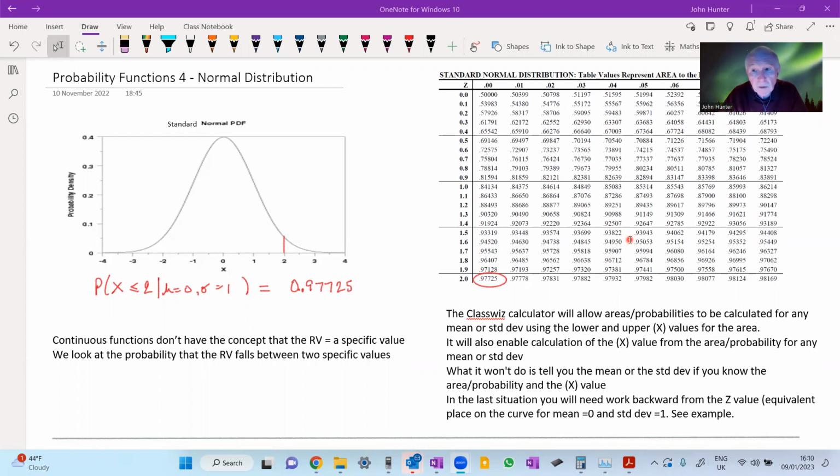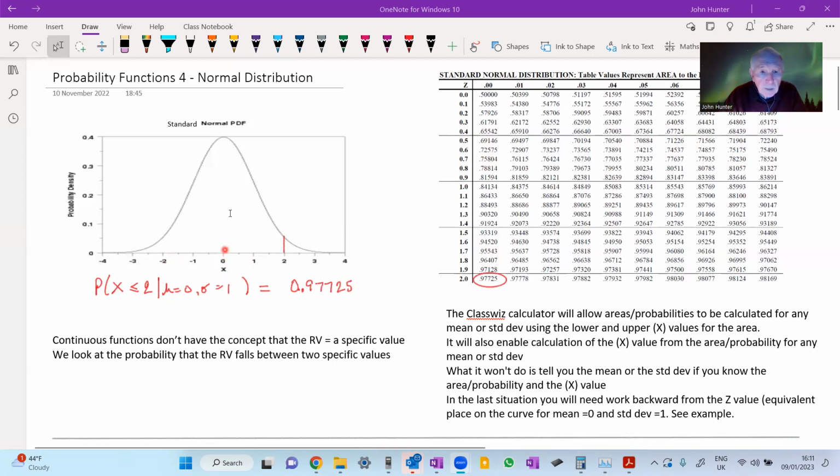This is a continuous distribution, and as I said before, the probability of a specific value on a continuous distribution is not really a concept that we can work with. It's infinitesimally small, therefore it doesn't really have any meaning. What we're interested in is a range of values. Now this particular curve here I've drawn, it's got values under here. This is the value of the random variable,